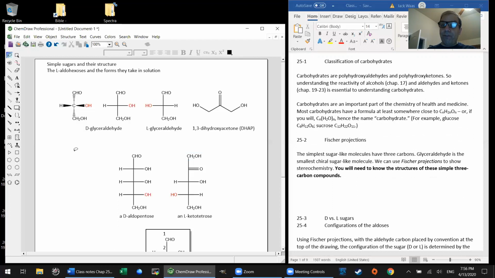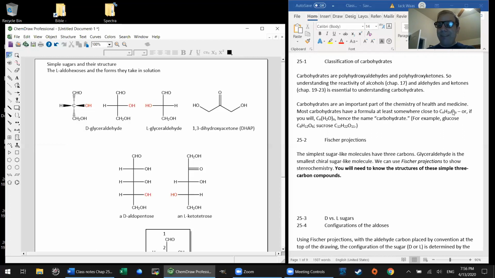But in terms of structure, carbohydrates are polyhydroxyaldehydes and polyhydroxyketones, period, full stop. And we've recently done chapters on aldehydes and ketones, so we know a lot about how they behave. And last term in chapter 17, we covered alcohols, so we know a lot about how OH groups behave as well. The reason carbohydrates were called that is because they tend to have a formula somewhat close to